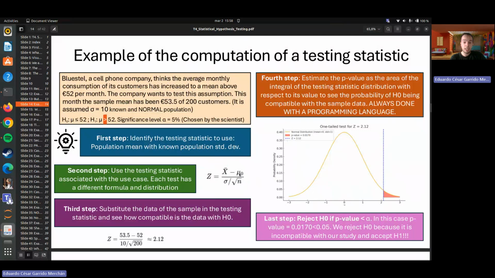You can see how this mean has been substituted in the example by 52. So we are basically centering this random variable. Now the mean is going to be 0, and we are going to divide this quantity by a standard deviation. And why is the standard deviation here the population standard deviation divided by the square root of the sample size? Well, because if you remember,